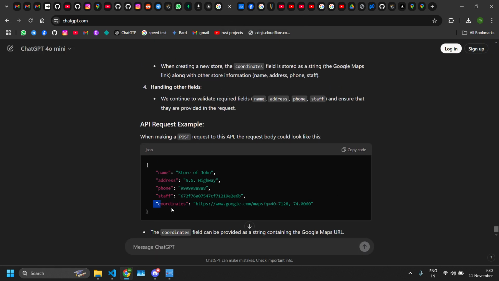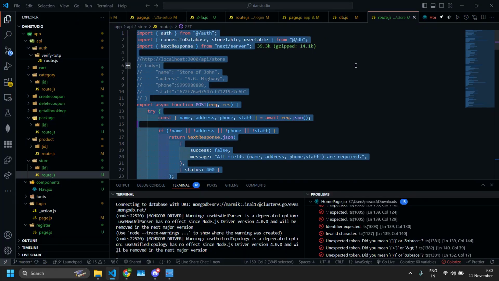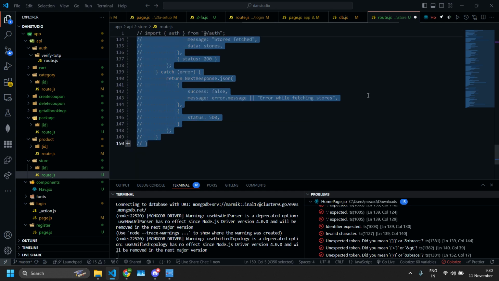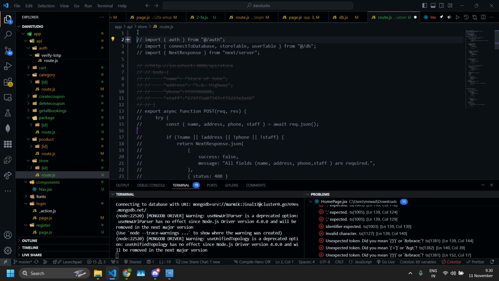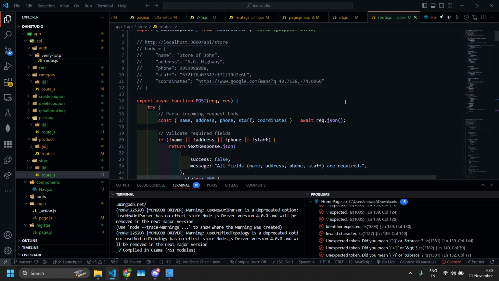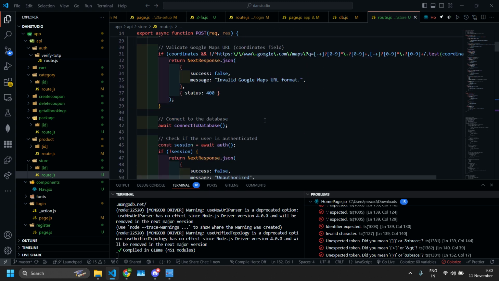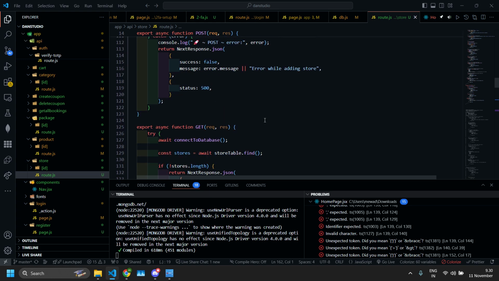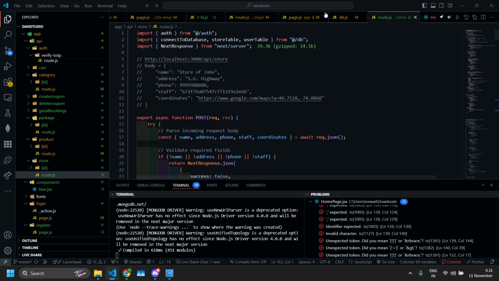So now there will be coordinate link. So our goal should be how to put the coordinate link in that. So I will just comment the whole, and because you have built it, now I will just add here the new route, and let's check if everything is okay. Yes, everything looks fine. So now Kira, test this store, create the store and get the store API from your end. Till then,